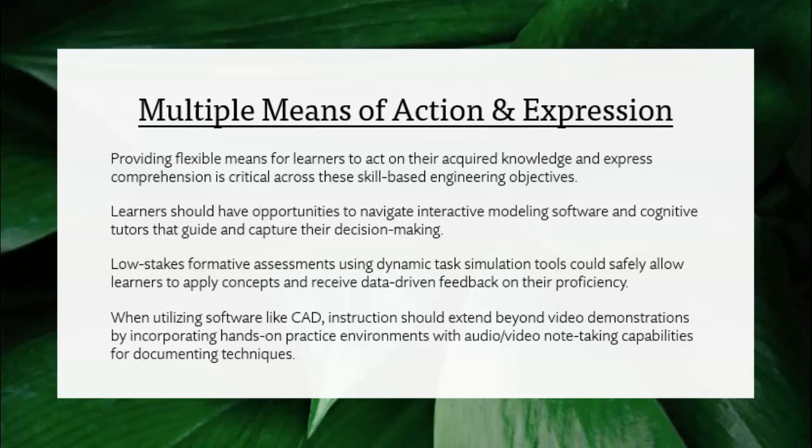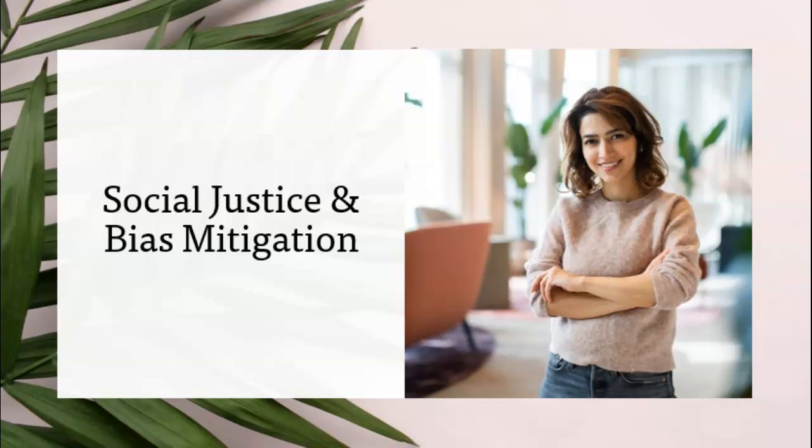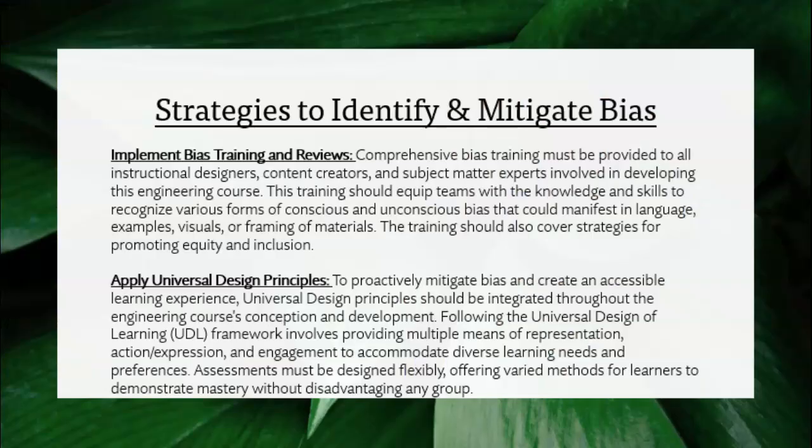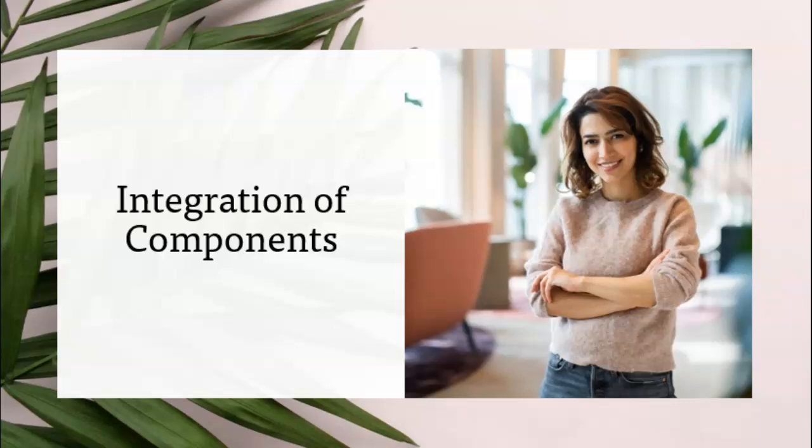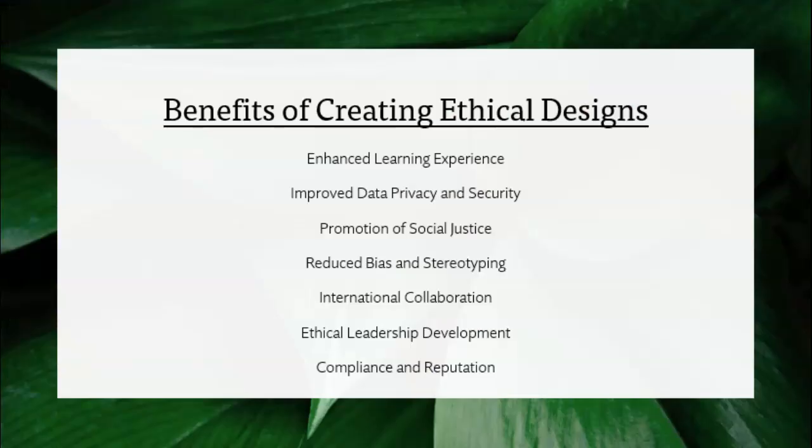In order to ensure social justice and bias mitigation for this project, some of the strategies that we can apply are the implementation of bias training and reviews, applying the universal design principles, conducting ongoing bias evaluations, and lastly, fostering just overall an inclusive environment. So some of the benefits of integrating all of these components together: it overall enhances the learning experience, it reduces biases and stereotypes, and just overall it ensures that we're complying with the regulations that